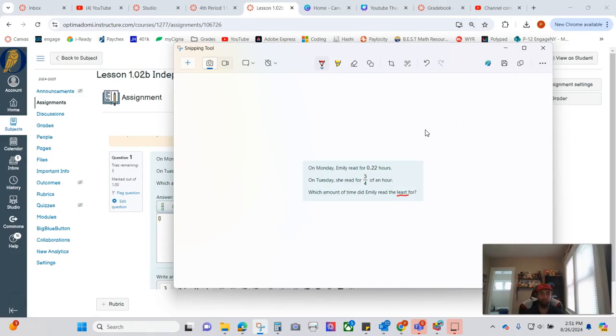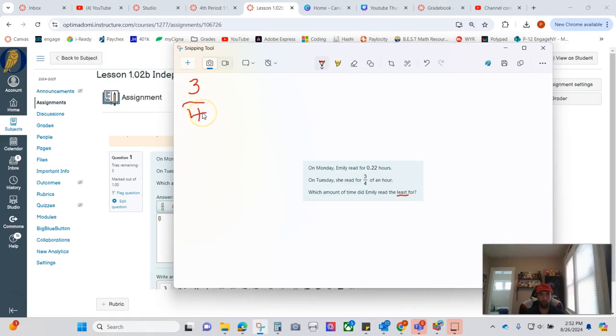I don't know about you, but I don't know which one's smaller. I think that might be because they're in different forms. One's a decimal, one's a fraction. But maybe if both were decimals, then I bet we could compare them a little easier. So let's try and turn